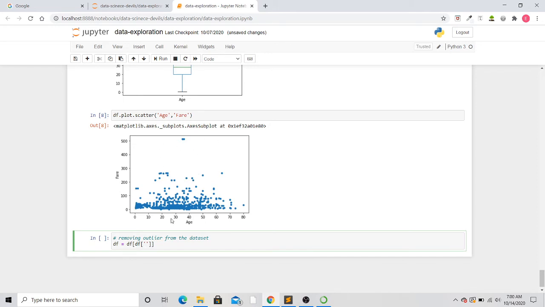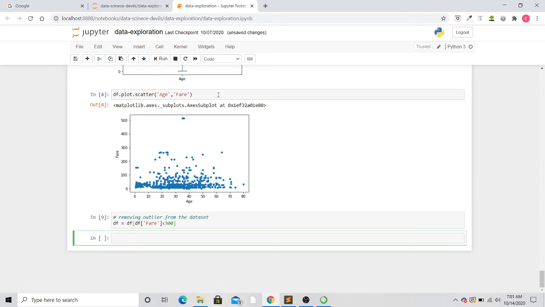So I'll write the column name and my maximum value, and we don't have to find it mathematically. It is easily visible here that 300 is the maximum fair. So anything which is less than 300, we have to consider inside our dataset those values only, and the remaining values will be simply removed from my dataset.